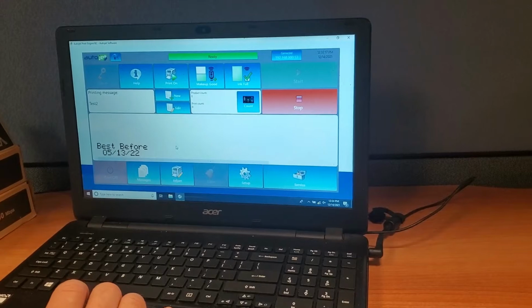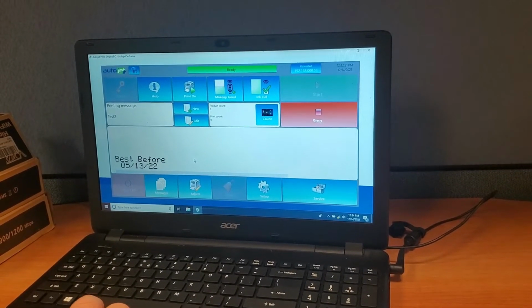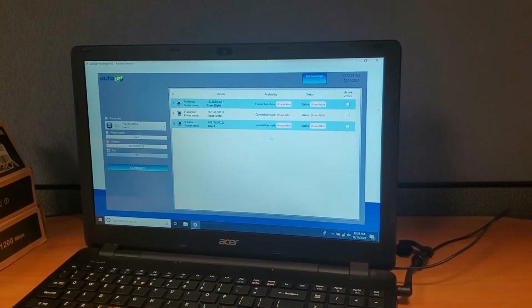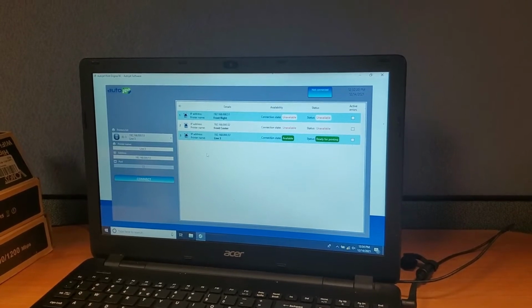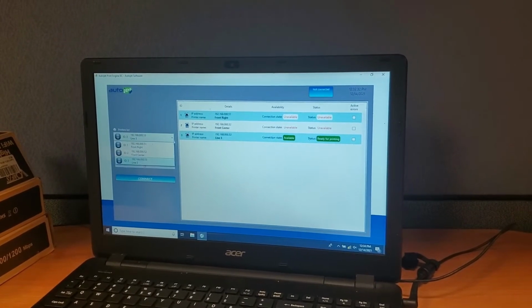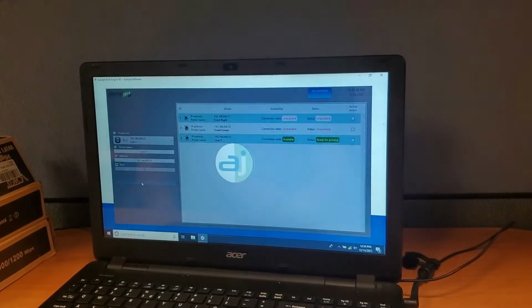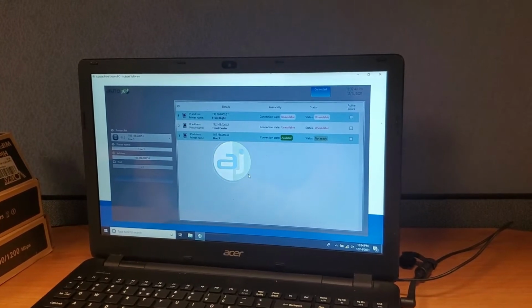So now if we want to select a new message for printing on the printer, one of the things we're going to do is go into the list of printers, and this will update and show which ones are online. We can now choose which printer we want to send the new message to. I've only got one connected, and I'm going to connect to that printer. And then once it's connected,